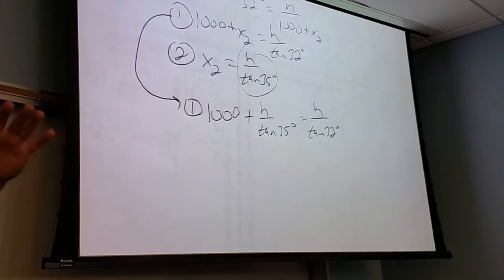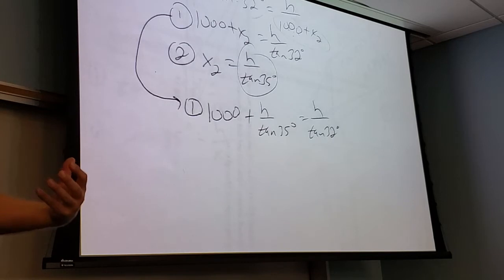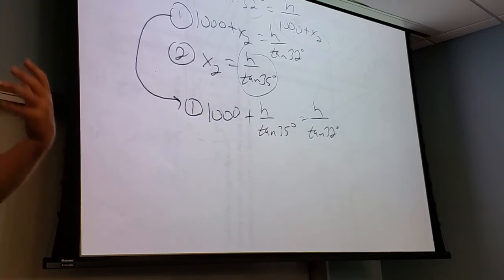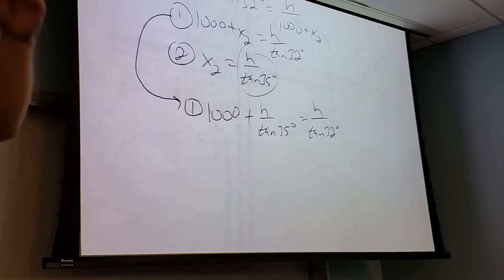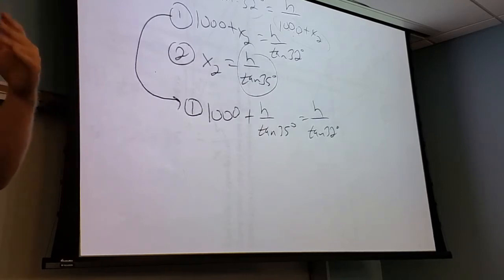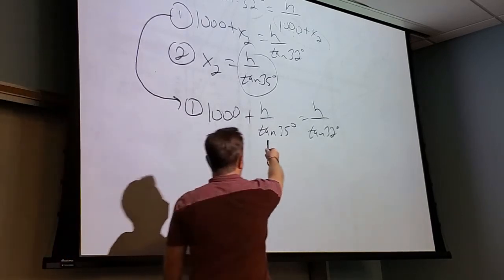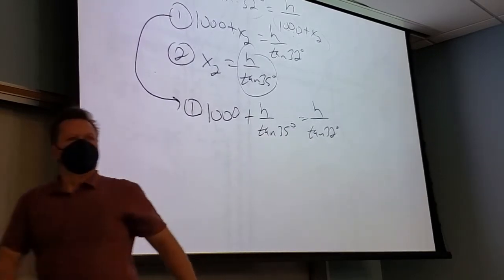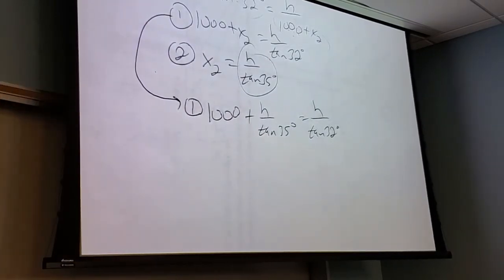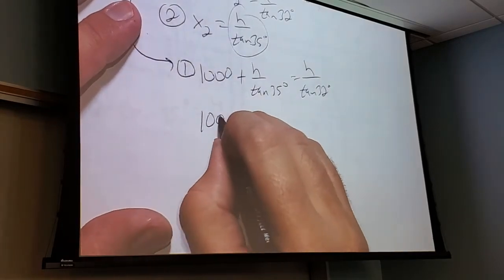Okay, so this should not be surprising. This is pre-calculus. We're going to have a lot of manipulation of stuff, right? You have to kind of get over this. In general, how do I solve an equation for a variable? Don't I get everything that has that variable together on one side? So can somebody tell me which piece is in the wrong place? Yeah, this guy's in the wrong place. He's over here with the number. I need him over there with the h terms, right? So if I subtract him,